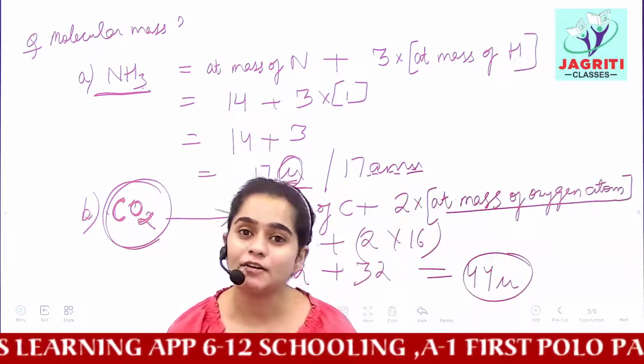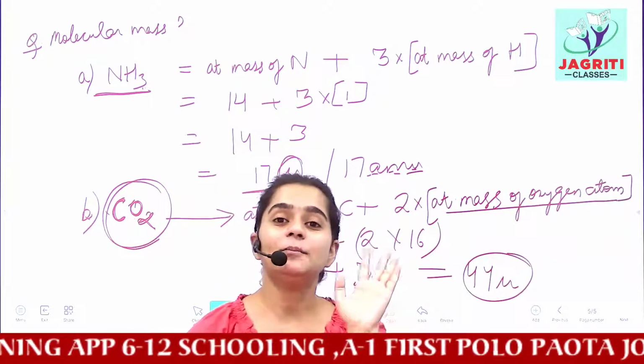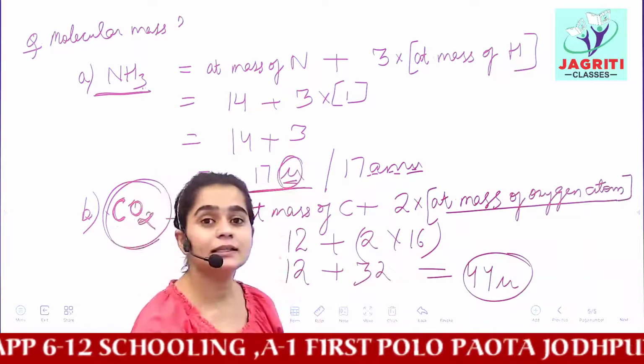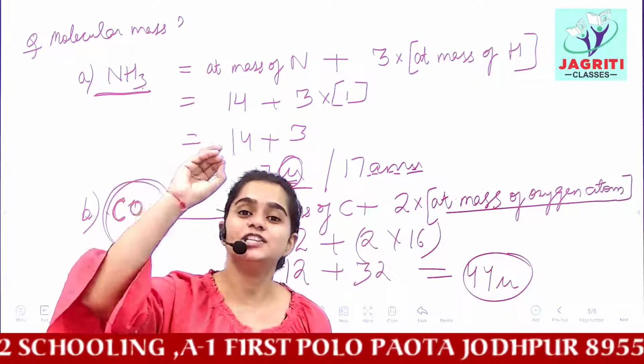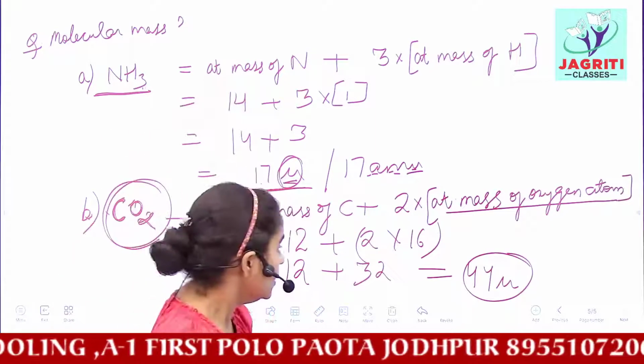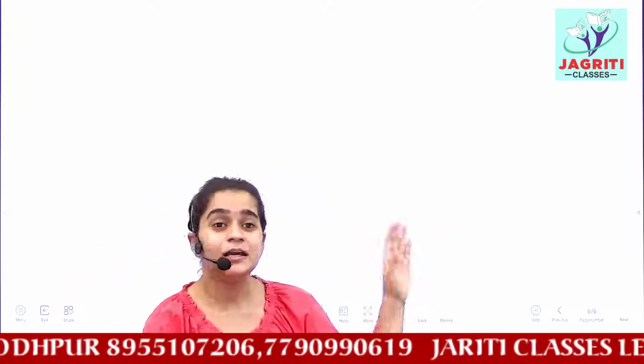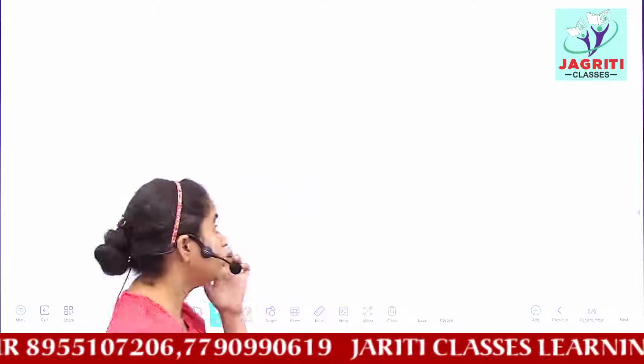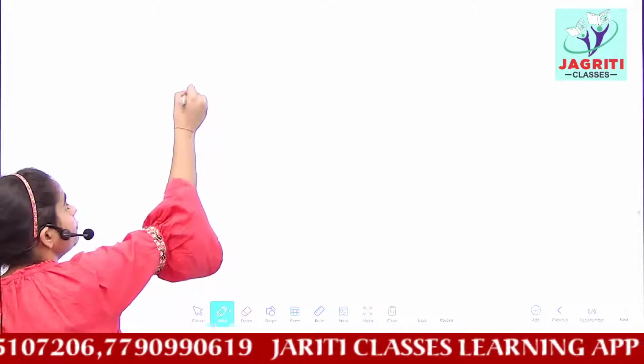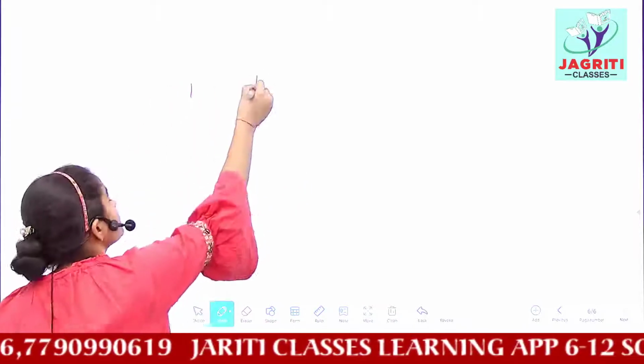I hope you have understood atomic mass. Atomic mass means you have to learn the mass of each atom from the table. If you do not have the table, you will find it in many reference books, or you can find it easily on the internet. Please do learn the table, because you cannot predict the atomic masses every time. I have already told you, the atomic number of hydrogen is 1 and its mass is also 1.